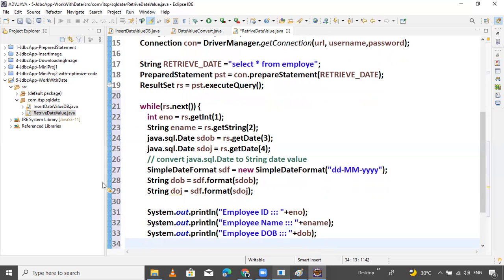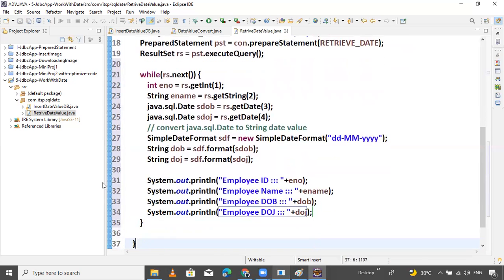That's it. Now S out: employee date of joining plus date of joining. That's it.